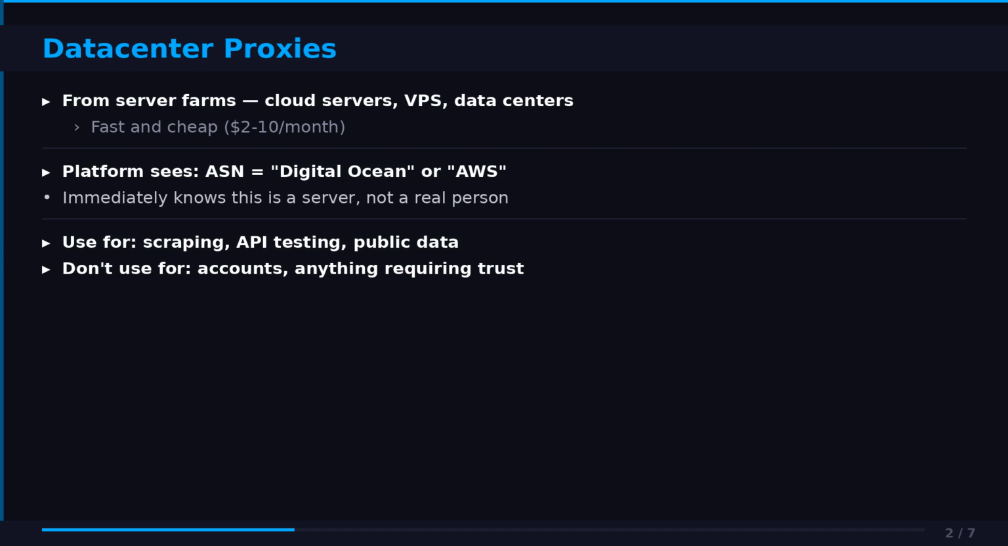weakest option. The strengths: fast, cheap, reliable, unlimited bandwidth. The weaknesses: low platform trust, immediately identifiable as proxies, easily blocked. Use data center proxies for web scraping, content indexing, API testing, gathering public data, anything where speed and cost matter more than platform trust. Don't use them for account operations, anything requiring human-like behavior, anything where you need to look